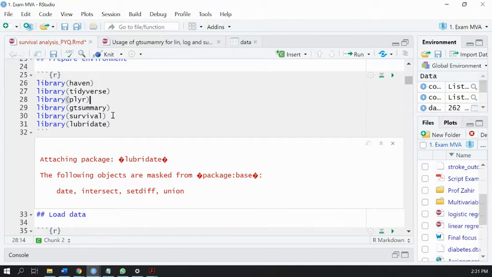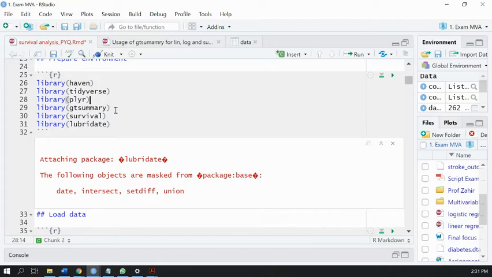So aesthetically it's not nice. So I will use the plyr library to use the revalue function so that we can assign 0 for female, 1 for male. So that in the final table it will present as female and male. It's more